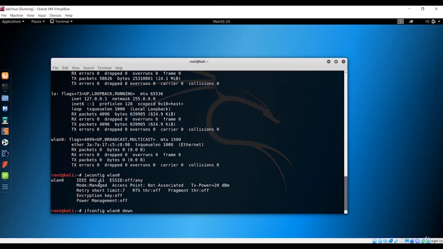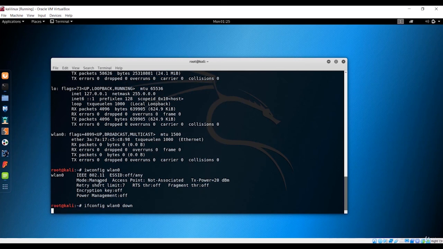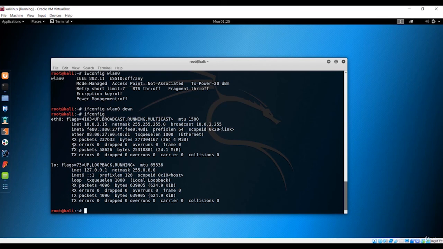If you want to change the MAC address, or change from this mode to another mode, you first have to get away from your internet connection, by cutting off, or basically removing, that network interface first. If I hit enter and wait a moment, then say ifconfig, you'll see that we don't have the interface wlan0 now, because we used this method to remove our interface. Now we have to change to the monitor mode.